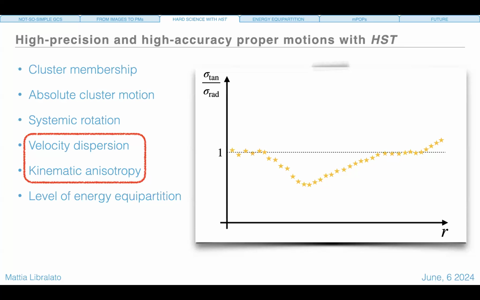And radial is always in the plane of the sky, so in the direction that passes through the center of the cluster, inward or outward, but in the plane of the sky. So there's no line of sight measurement here. This is just proper motion based. And you see this value here: if it is 1, it means that the two components are equal, so isotropy; greater than 1, tangential anisotropy; lower than 1, radial anisotropy. One of the things that,